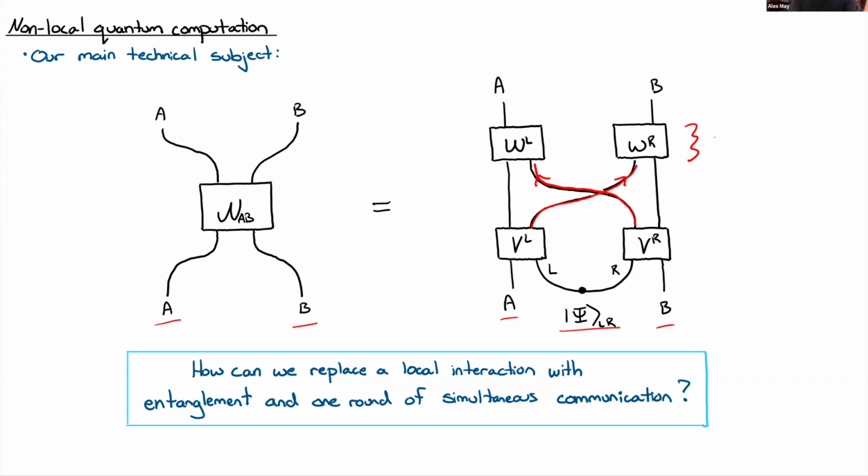It turns out that all quantum operations can be realized in this non-local form. And the kind of question that we want to ask here is how much of different resources do we need in order to enact that transformation, in order to compute something non-locally? We are especially interested, for our purposes, in how much entanglement you need to share between the left and the right to reproduce a given interaction.